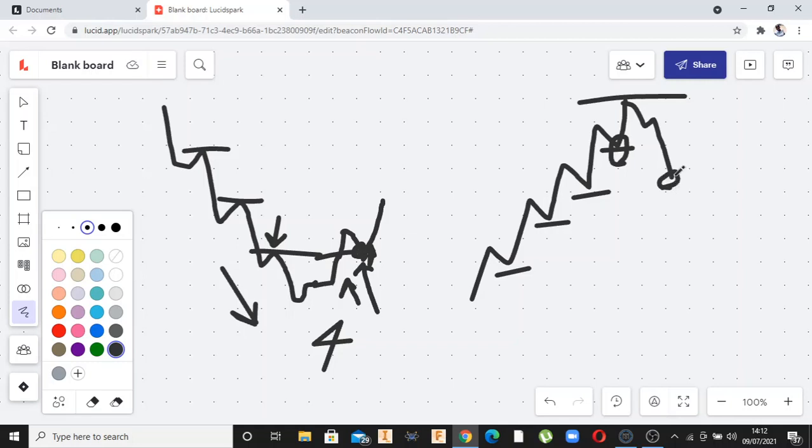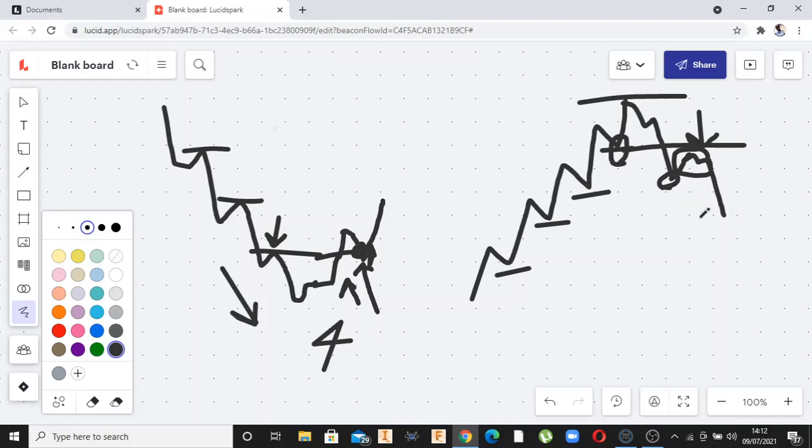So you want to see a pullback. Remember, the buy position has now been stopped out. You want to see a pullback, and then you want to see a lower low being formed right here. So now you're supposed to be looking for sells, and ideally you're supposed to be looking for sells right around this area down here. Now remember,